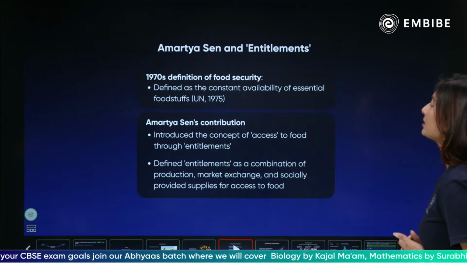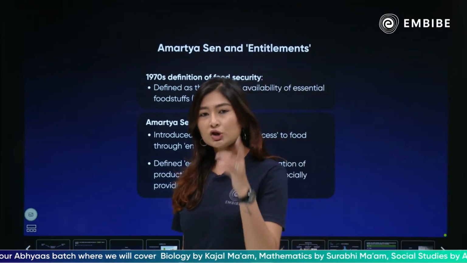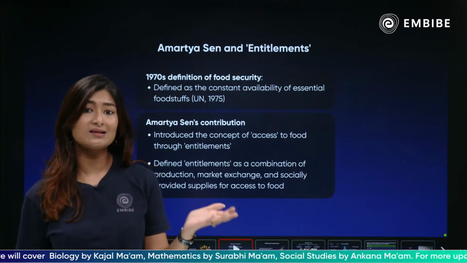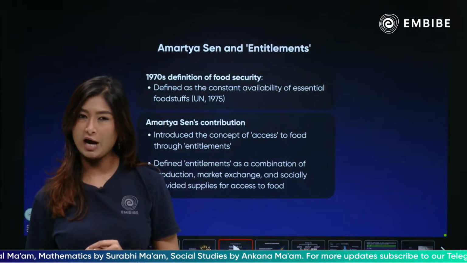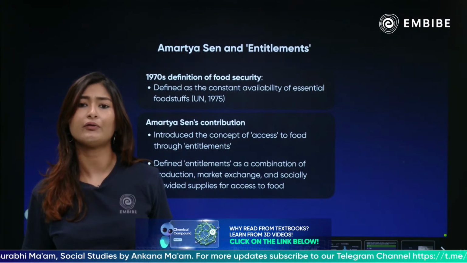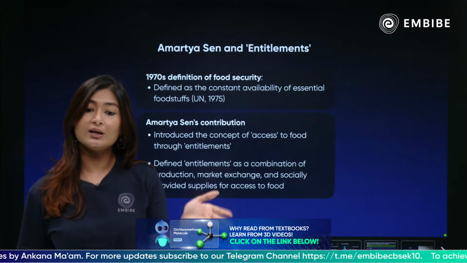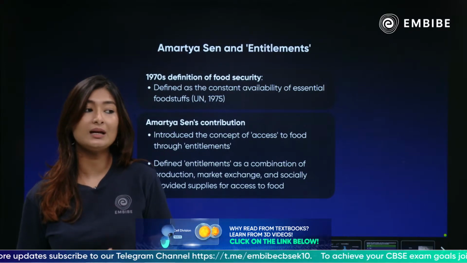Introduce the concept of access to food through entitlements. So just food being available is not the point. Is it affordable? Can I access it? I can see the food, I can see avocados kept over there. It's very nutritious. I can't buy it. It's very expensive. I don't earn enough. Then it's not accessible for me. It's not affordable for me. Food is available, but not for me. I become an exception and people like me are plenty.